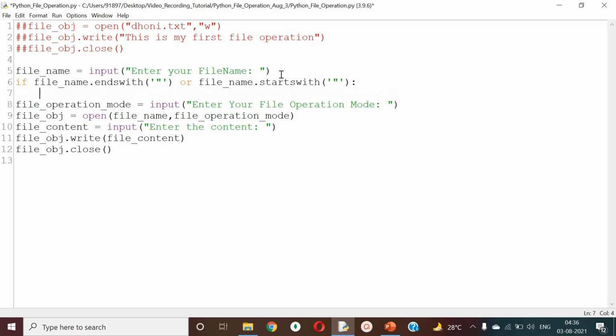You're just making sure that when somebody by mistake enters a double quote in the file name, what you have to do is write it in such a way that file name is equal to